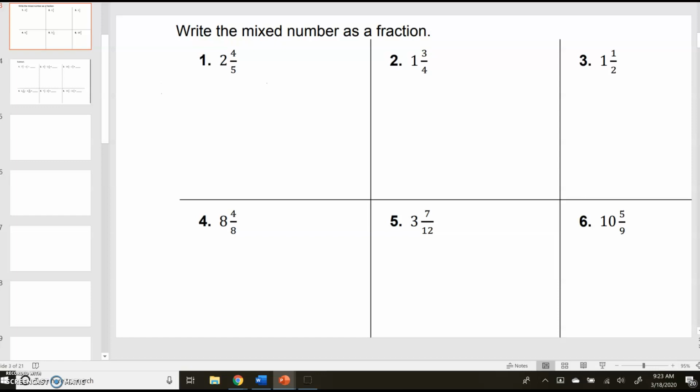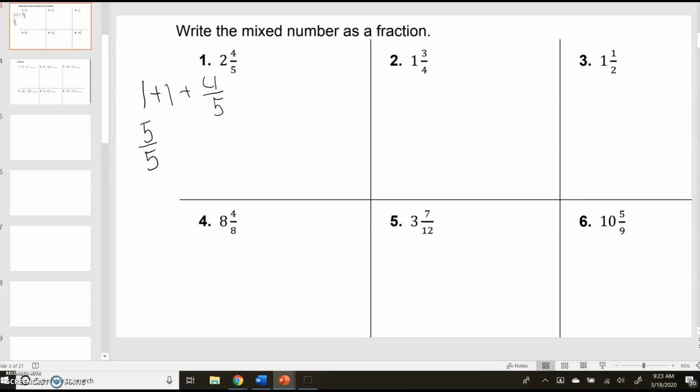Okay, so you could think about it like this, right? We have two wholes, so basically we're saying 1 plus 1 plus 4/5. I apologize, my writing is not great on this. Okay, now think about it. What is a whole if I'm dealing with something that's broken into fifths, right? It would be